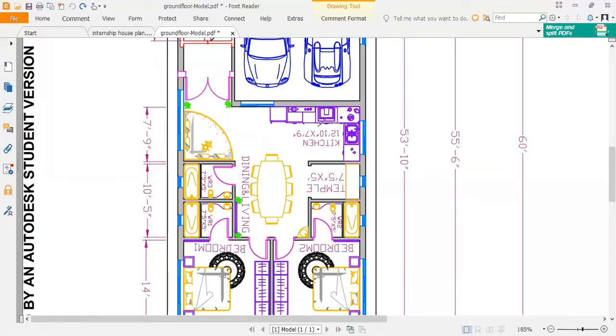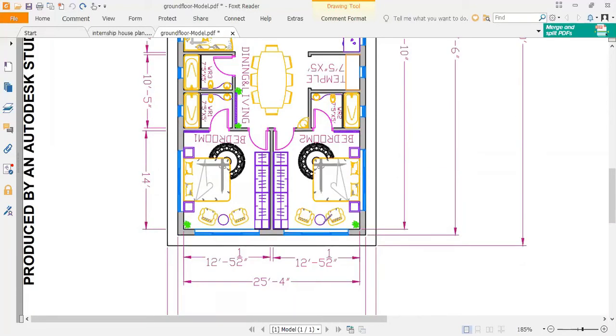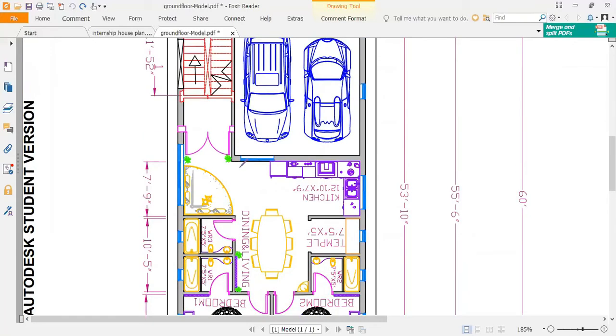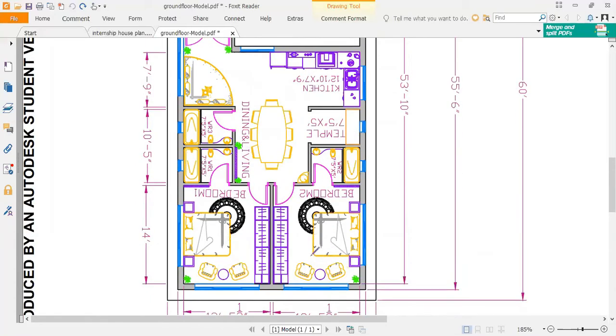You could have shifted this kitchen to the southeast corner actually. Not that much of a problem, but still, it would have been better if you shifted the kitchen to this end and shifted your bedroom to the upper portion of this.